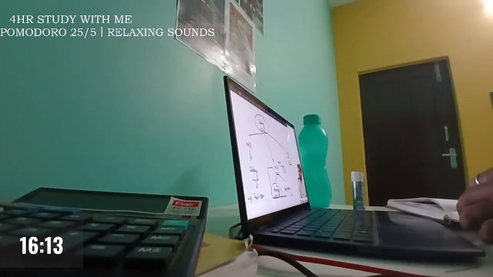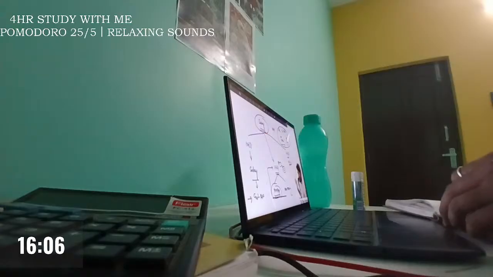Remember, any income is taxable under salary only if the recipient and payer have an employee-employer relationship, and the amount is received because of this relationship. Only then is it covered under salary. Clear or not? Next, for example,